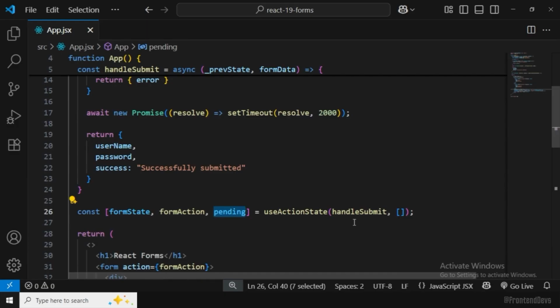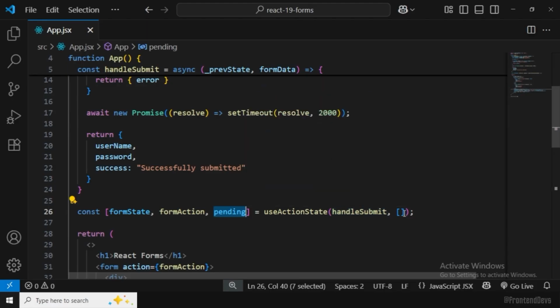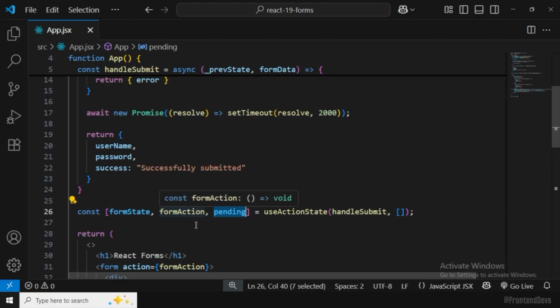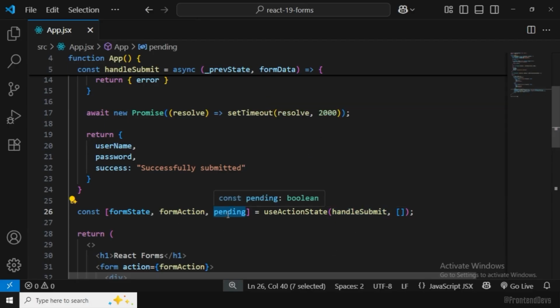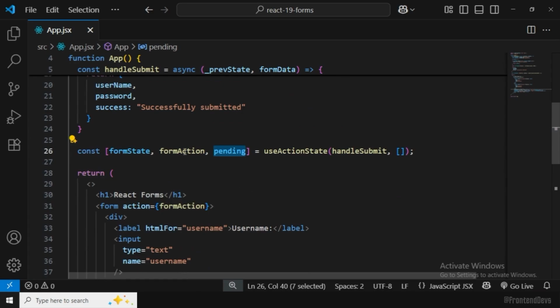This hook is basically taking two values. The first one is the action that we created, and it will take the initial state. It will return three values. The first one is the new state. Then it will return the action function, which is enhanced on top of our action, and it will return the pending state. Then we need to use this particular action returned by the useActionState hook